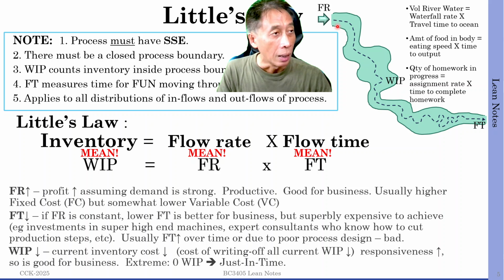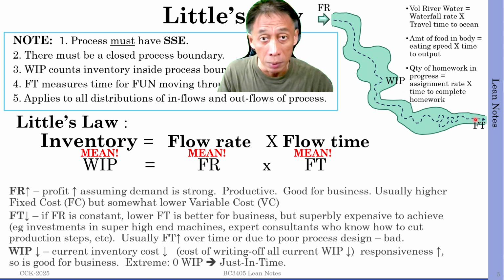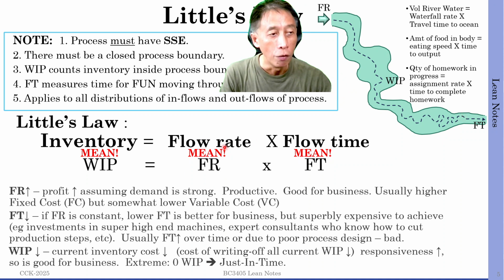Okay. And if you think that is too crude, you can measure this several times of the day, a few hours apart. You can measure it here and in the middle and at the exit, and then take the average, whatever sample size you feel comfortable with, right? So you can sample over different locations of the river and over time just to take the average, no problem. So you have an average flow rate, in terms of maybe directly how many milliliters or liters per minute. Okay, so if it's 100 liters per minute,